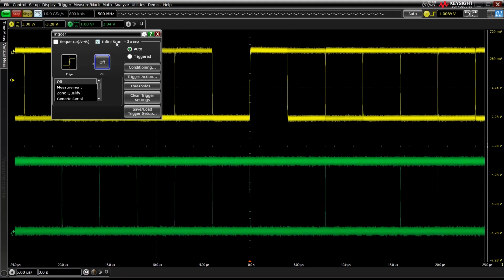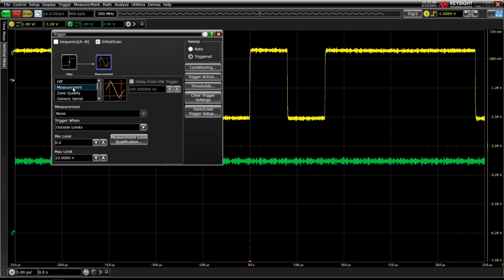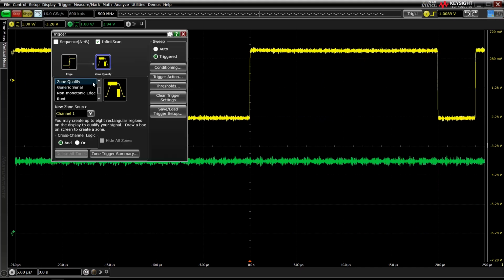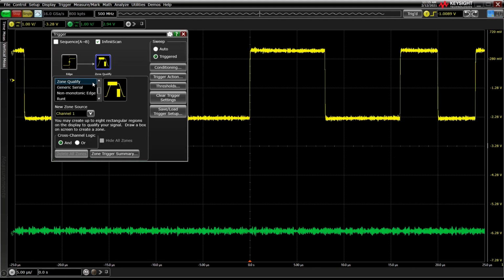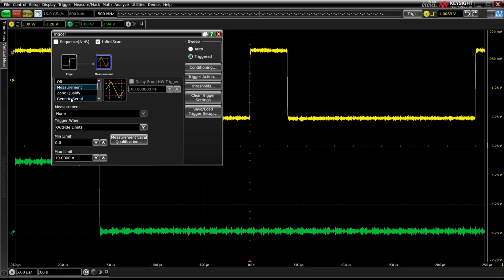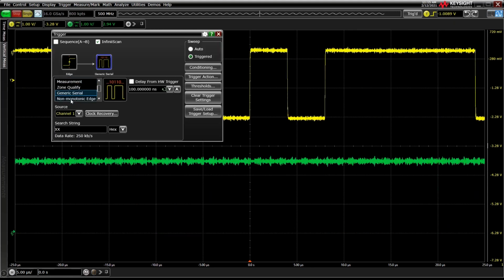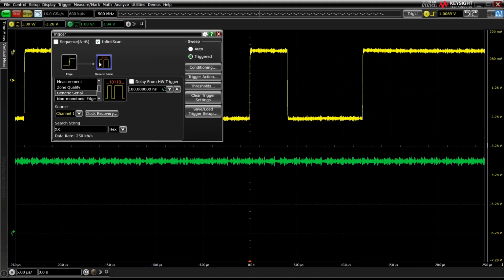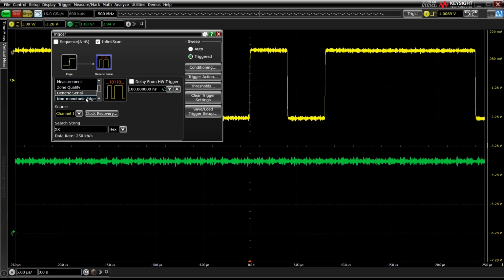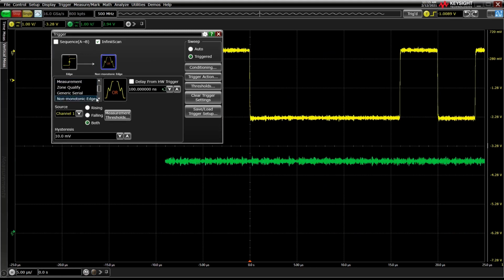there are some various InfiniiScan modes. Measurement mode triggers when certain measurement criteria are met. Zone Qualify lets you draw shapes across all different channels to act as a trigger, almost like a mask test. And Generic Serial lets you trigger on a series of zeros and ones, useful for protocol triggers that aren't natively supported. Finally, non-monotonic, edge, and runt modes let you search for events that are beyond the capabilities of the hardware